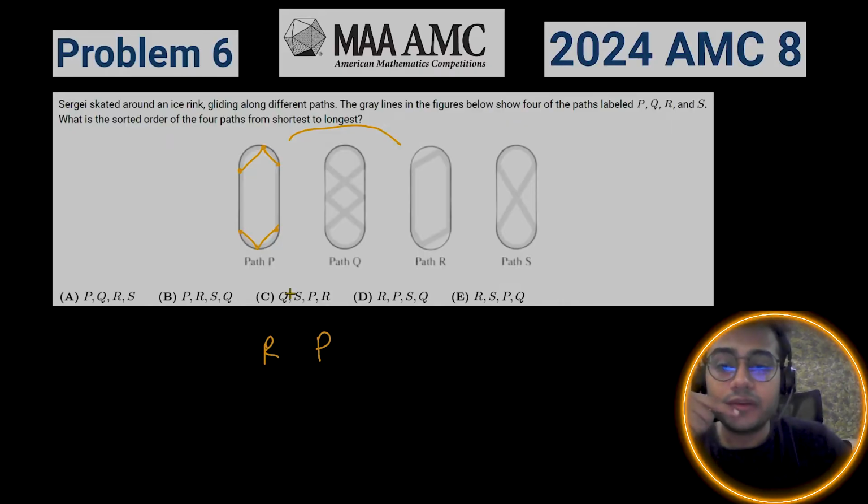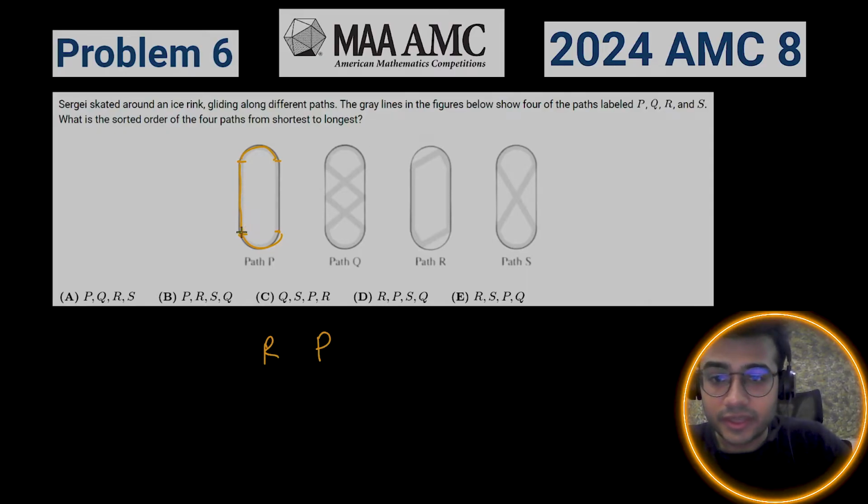Then let's compare P and S. So let's take a look at that. P is just going around the loop, and S has these diagonals. For this part, they are the same. The orange part is exactly the same, except that in the path P, these straight lines are replaced